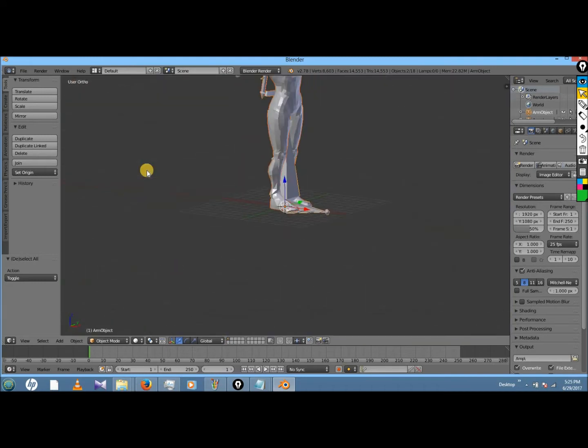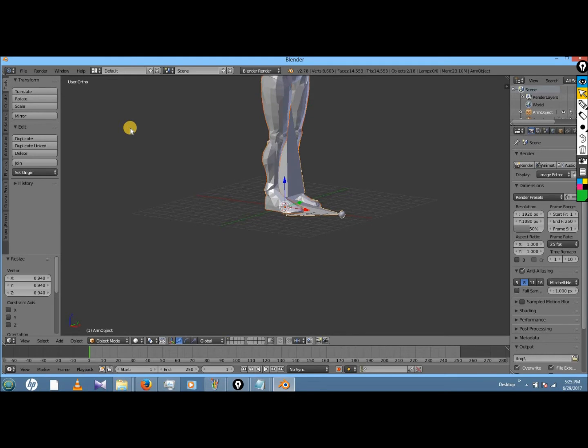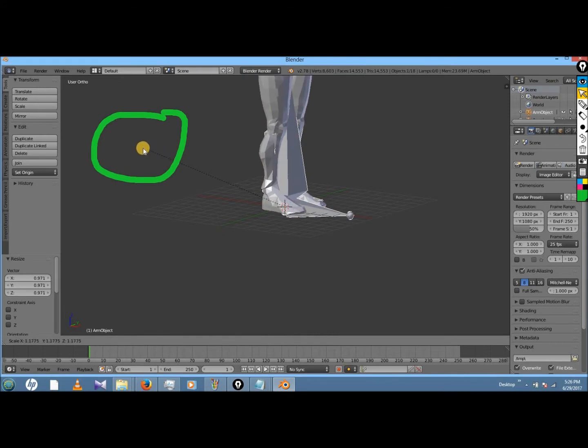And this one's a bit larger, but when you press the S key on your keyboard, you notice this arrow thing appearing on the top left. I'll draw a circle on it. So when you press the S key, there's this black arrow, and then there's a dotted line towards the model.